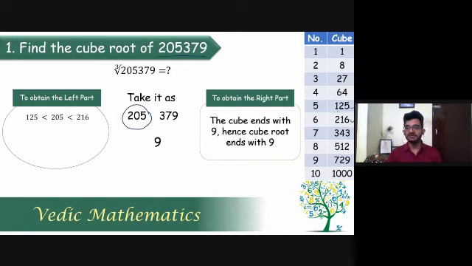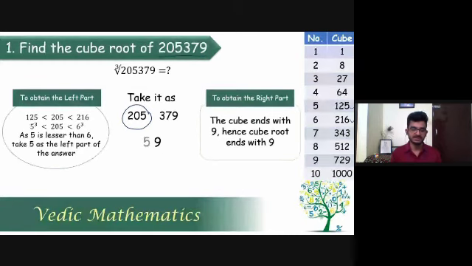And 125 is cube of what? 125 is 5 cube and 216 is 6 cube. So between 5 and 6, you just have to consider 5 and 6, whichever is lesser, and that is 5. So 5 will be the left part of the answer. You have already obtained the right part, and you have already obtained the left part. So combine them, that gives you 59, which is the cube root of